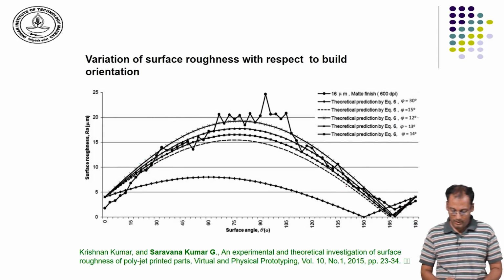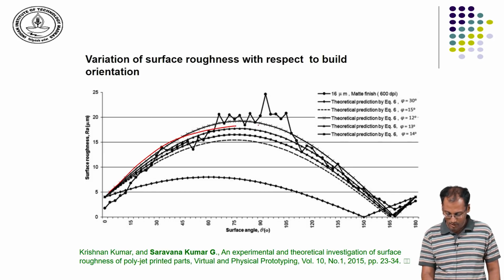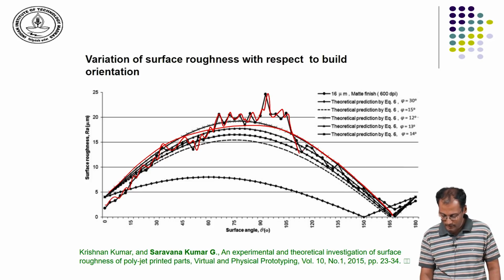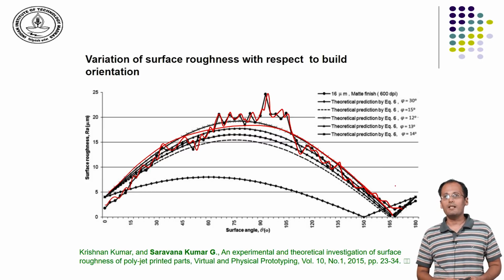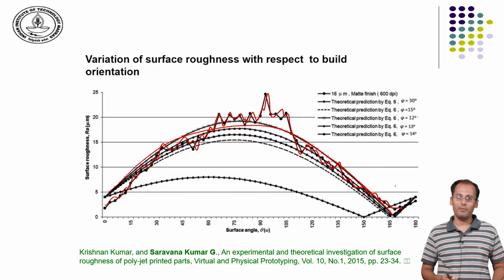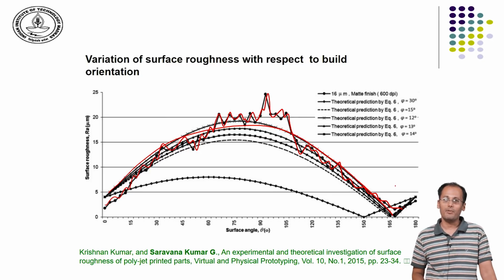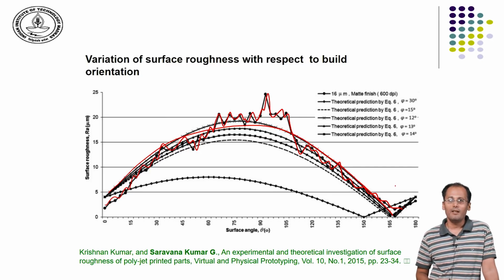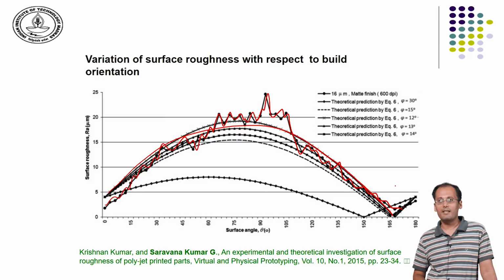A theoretical model such as this has been developed. This is the theoretical model curve, and the experimental data is what we see as these patterns. These are the experimental data for a given fabrication. Such models are available for different processes, like for the fused deposition process or for the selective laser sintering process,